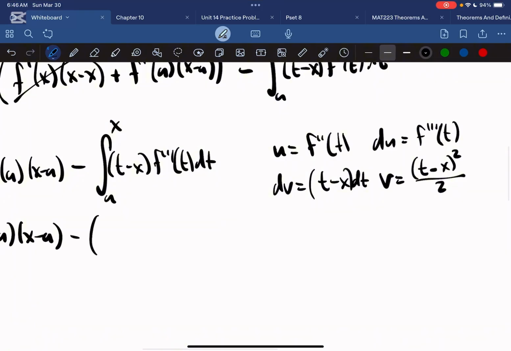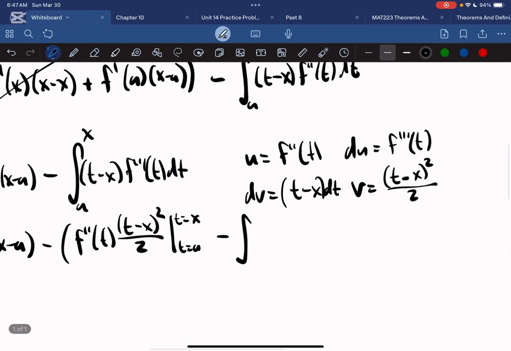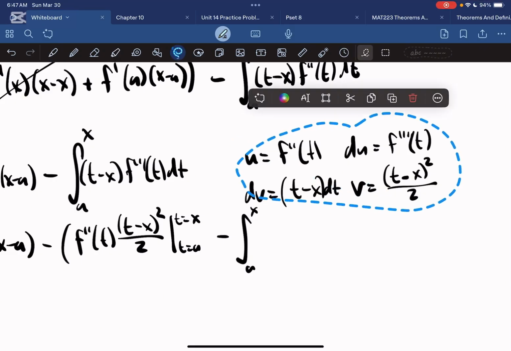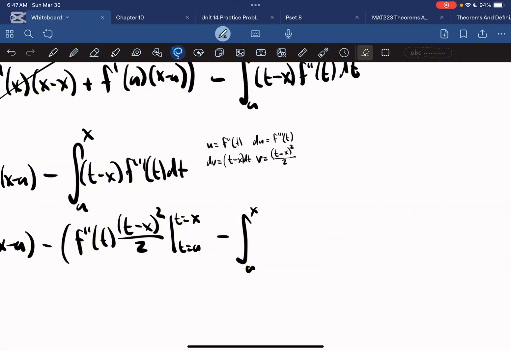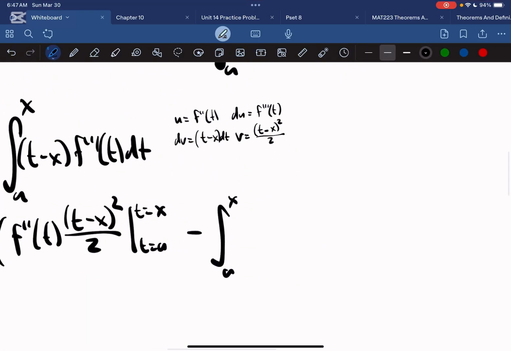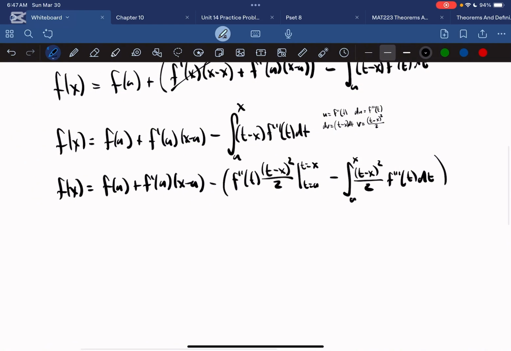So now we have minus, and then let's have a u times t minus x squared times v, evaluated as t equals a and t equals x, subtracted by the integral of a to x. Well, let me move this guy. And we'll have our v and our du. And now if we expand this out, we have f at a plus f prime at a, x minus a